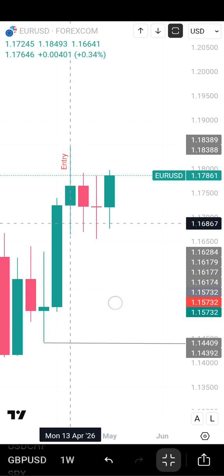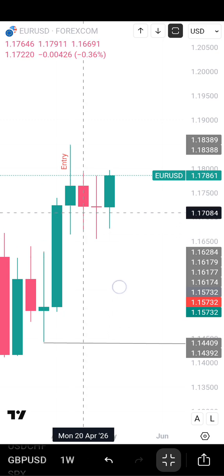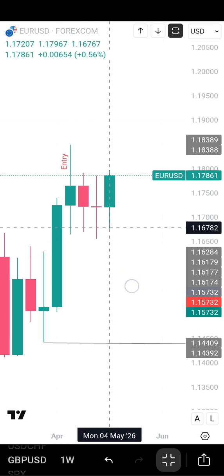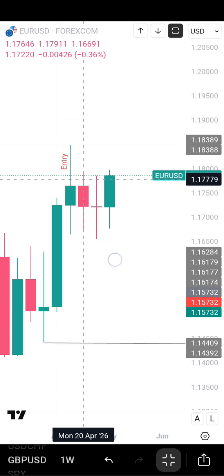So this one becomes the candle one. This first red candle is candle one, and the last 2 weeks took it off, and last week here, which is the candle three, went and took off the high, which completed. So our bias was okay.